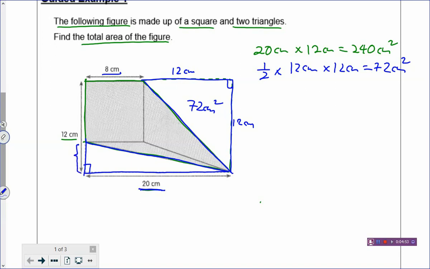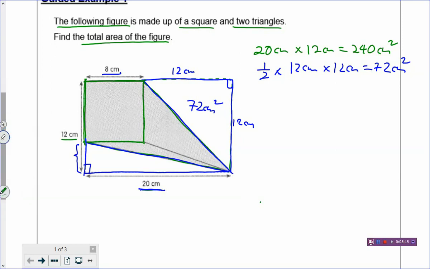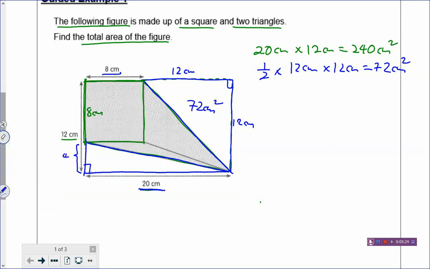Okay, now you have to do some research. Okay, you have to do some working. Now, if the figure is made of a square, then what is a square? A square has equal side. This is 8, and then this is also 8, and then this is also 8, and this is also 8. So that will be 8 cm. So now you can see that 12 minus 8, and you get the height of the triangle, which is 4